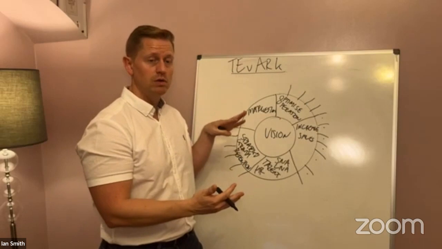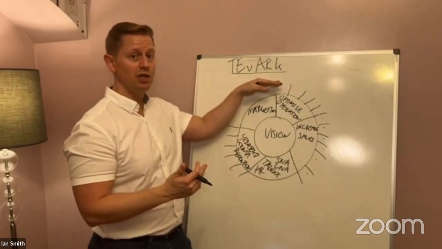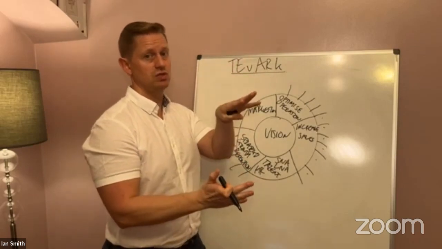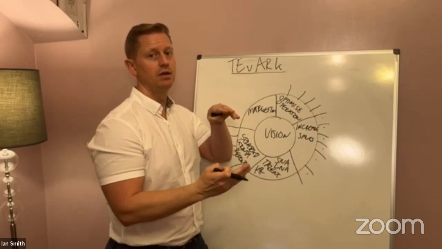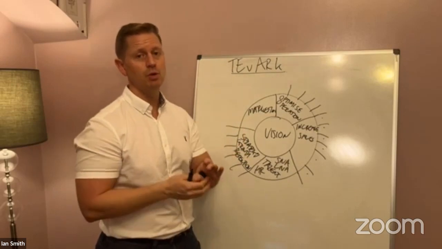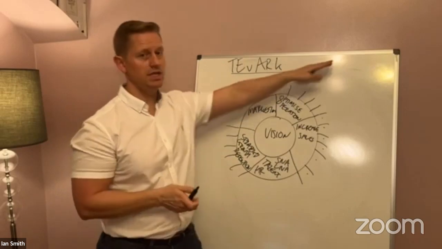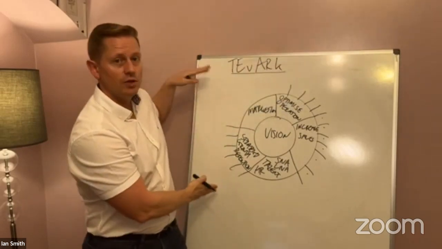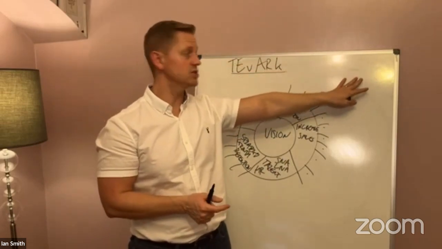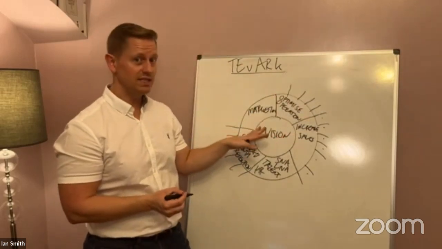So that's how you can take the task efficiency versus ability relationship and knowledge, the TEvARK, and put in place a robust strategic action plan for your business, following the 6 steps of growth, which you can find the book on Amazon, adopting the TEvARK, assigning the vision, understanding what the current position of the business is, putting in place smart objectives in terms of growing the business over time, 3 to 5 years minimum,